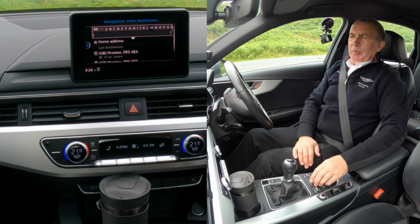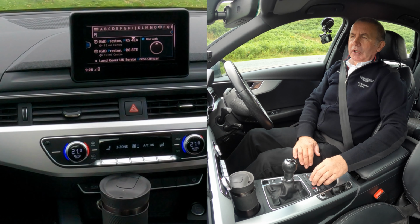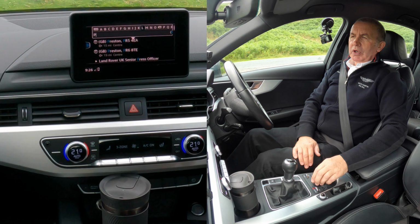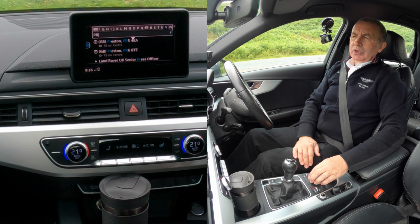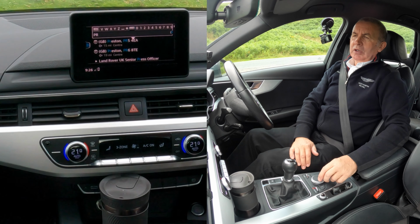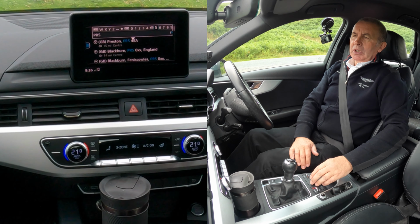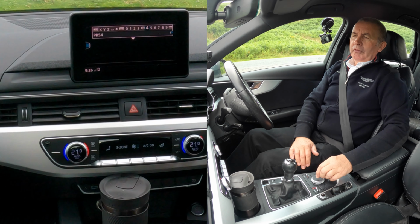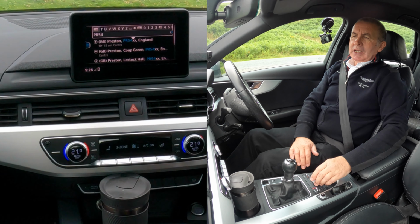I'm going to try putting the postcode in. So P, we're Grosvenor Garage, Blackburn Road, Higher Walton, Preston, PR, and now we need numbers. So we'll go across there, select numbers, click numbers, and it's PR5, 4. We need to go back to the letters,